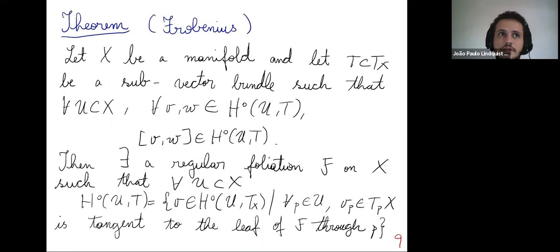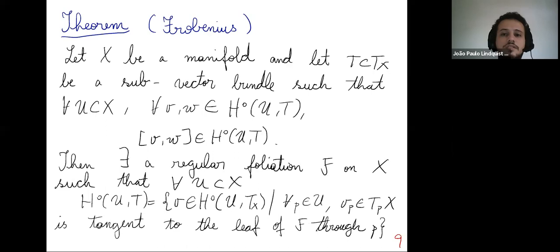So, a classical theorem in the theory of manifolds. If I start with a manifold and take a subvector bundle of the tangent bundle, such that for any two vectors of this subvector bundle the Lie bracket is still a vector in this subvector bundle, then I can find a foliation on X